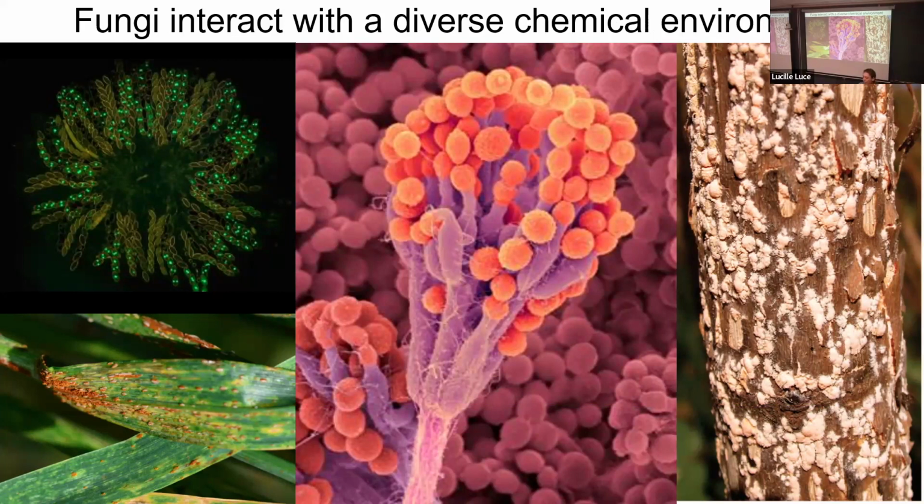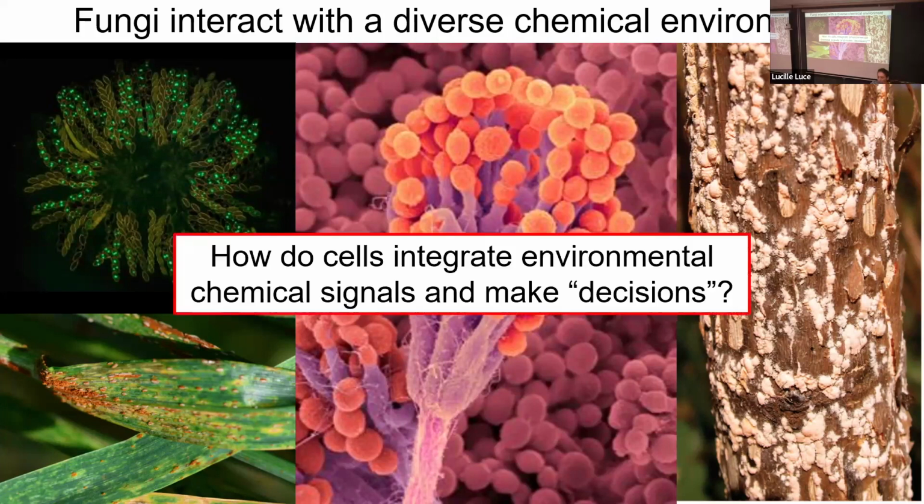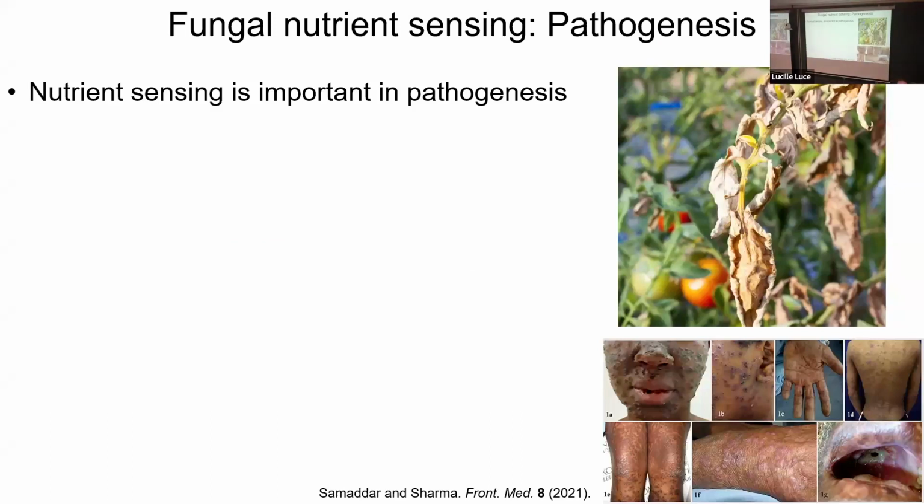And so these chemicals can tell them if there's another microbe around, if there's another fungus around to mate with or fuse with, if there's any food around, if there are any plants around to either infect or form symbiotic relationships with. And the main overarching question that really defines my lab is how do cells integrate environmental chemical signals and make decisions? And so one of the big questions that my lab looks at is how fungal cells sense